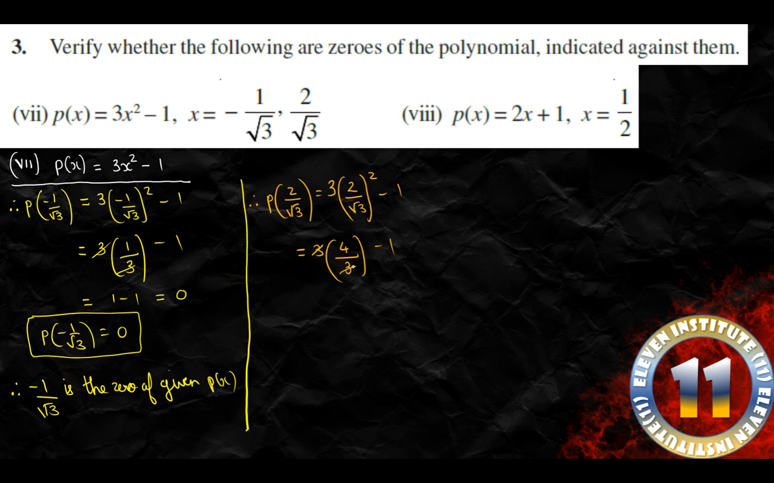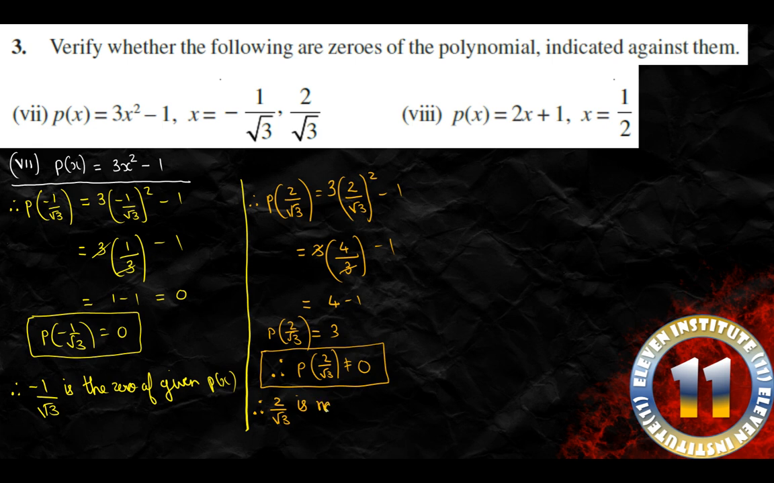So this 3 and this 3 will cancel each other. Now what we have is 4 minus 1. So 4 minus 1 we get 3 over here. So as you can see, we do not get the answer 0 over here. So we can write therefore P of 2 by root 3 is not equal to 0, and therefore we can write 2 upon root 3